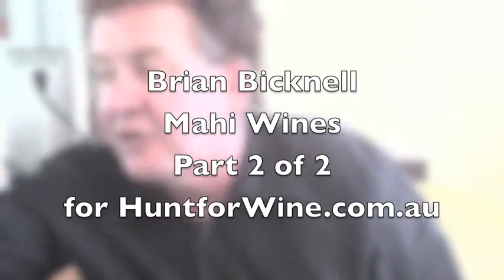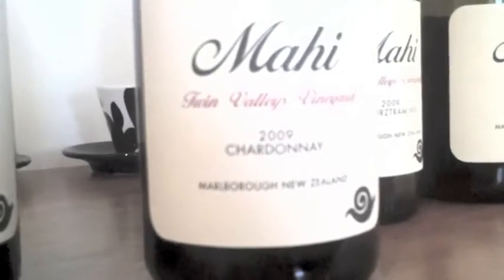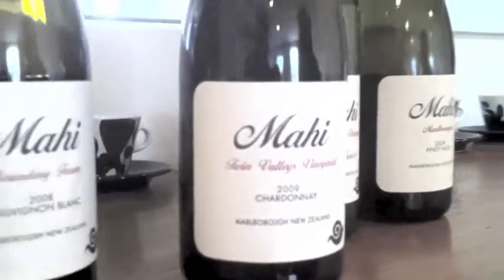Okay, just moving through to the Chardonnay. The Chardonnay is from our Twin Valleys vineyard, which is right up the other end of the valley. This is of the Wairau Valley, so this is much more at the western end. At the western end, you're gaining elevation, you're moving up towards the ski fields, you're moving away from the sea, and